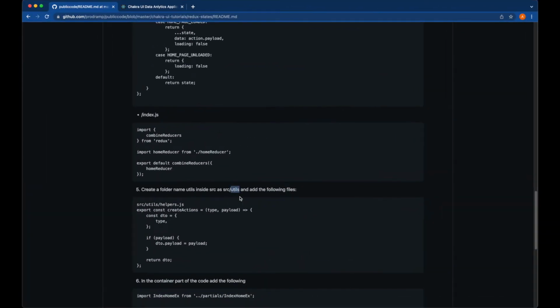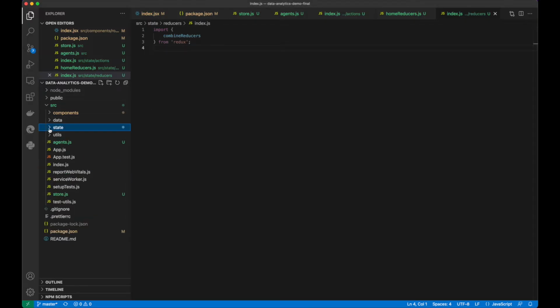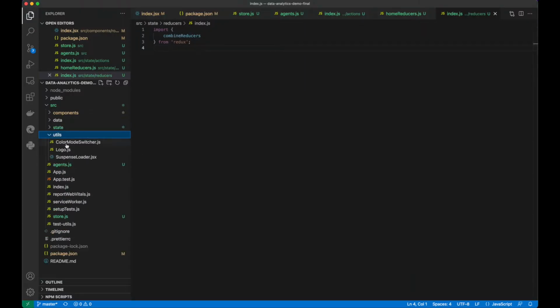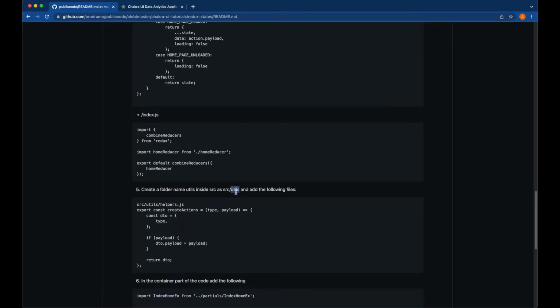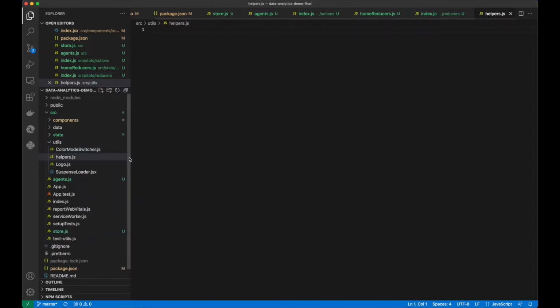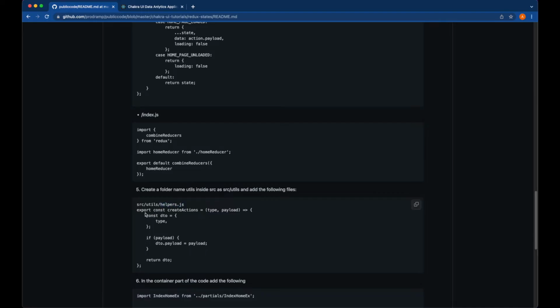Next, we need to create a folder called utils in this src. As you see here, src utils. We already have a utils folder here in our code. So we will be creating helpers.js in utils, and in this helpers.js you will see that we are going to